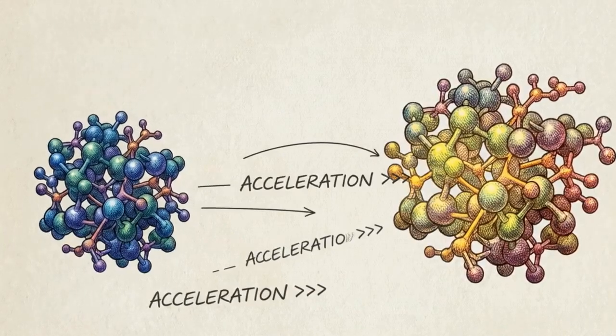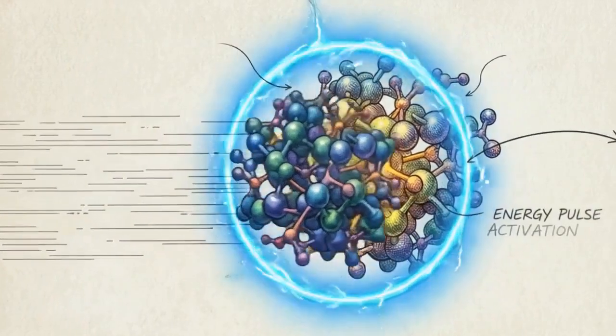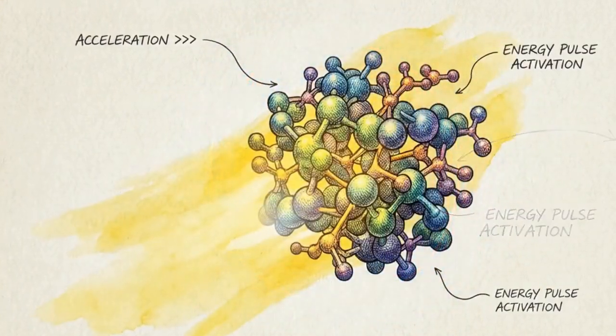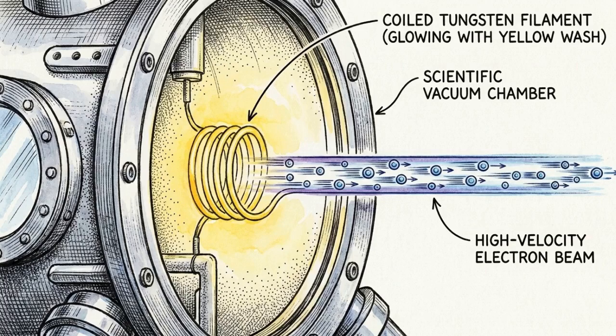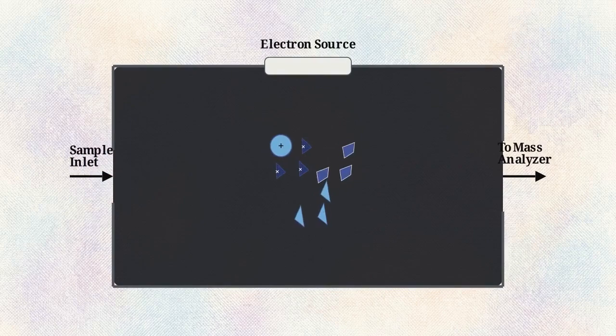Mass spectrometry is the ultimate scale for chemists. It identifies molecules by measuring their exact mass-to-charge ratio as they fly through a vacuum. But for decades, the standard way to do this was a brute force method called electron impact ionization. You first vaporize a sample and then blast it with a beam of electrons carrying about 70 electron volts of